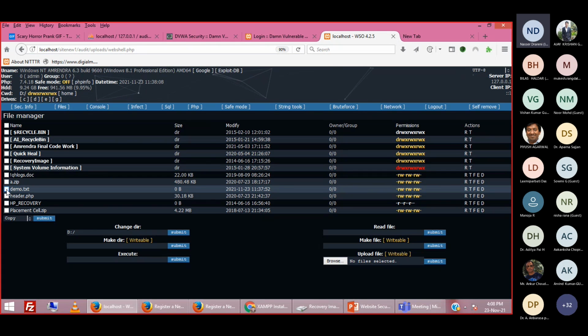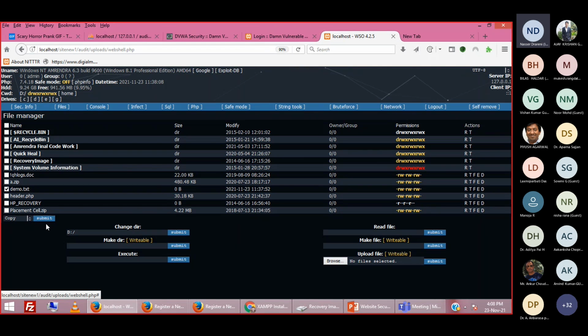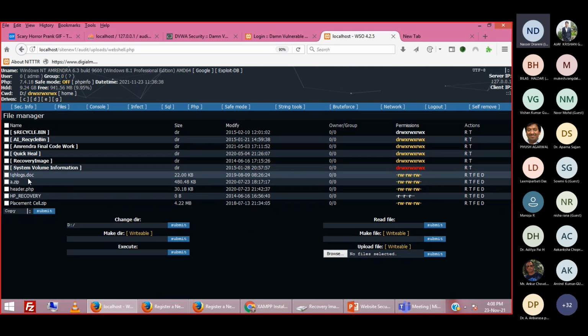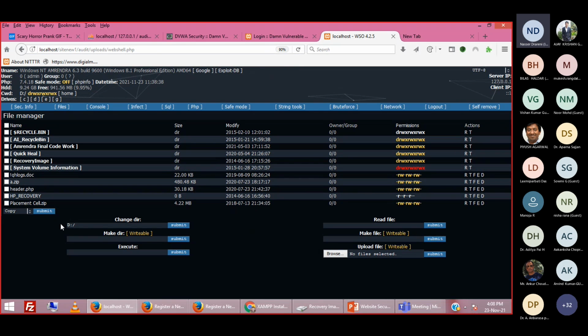Suppose I have taken over the system server of the Graphic Era University website. I have taken over, so I can delete the website completely from their server. I have to just select the file here. Suppose I want to delete this file, I will select it and check it. I will select the course of action which I want to perform. The delete option I want to perform. I will delete this file, and this file will be physically deleted from the server.